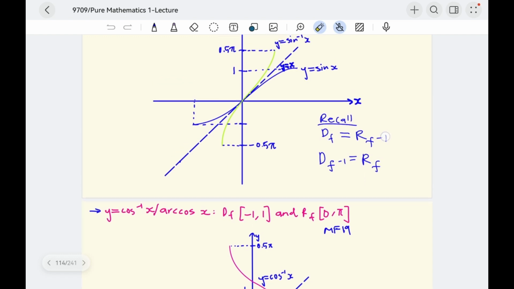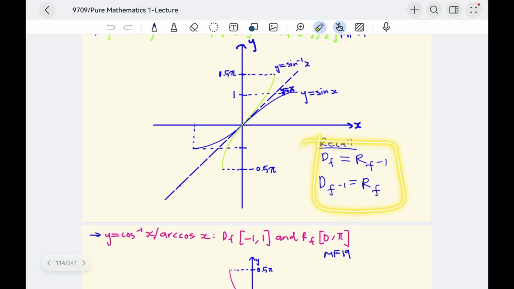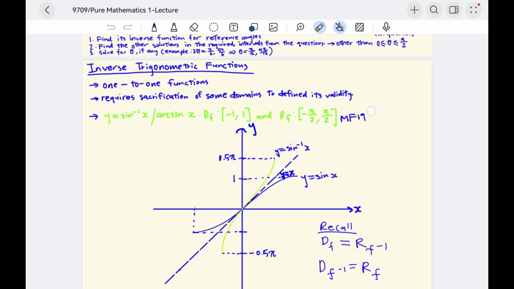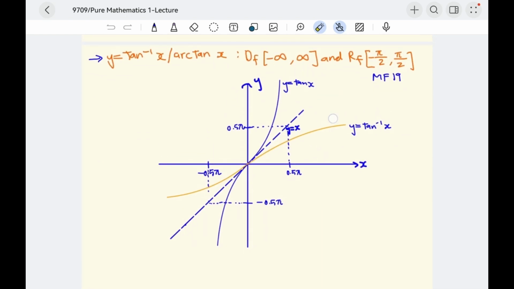Somehow you need to know more advanced knowledge, like differentiation of inverse trigo. So this is the best recall for you before you absorb this subtopic. And yeah, the last thing is